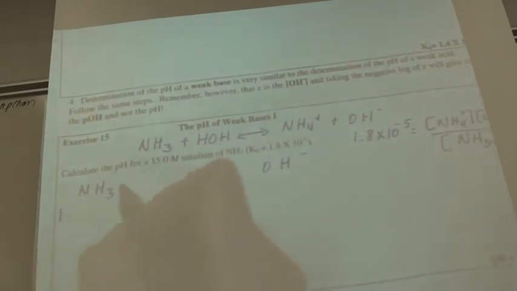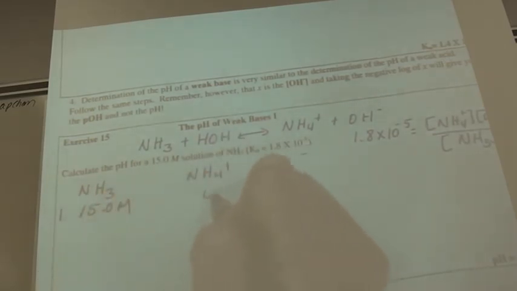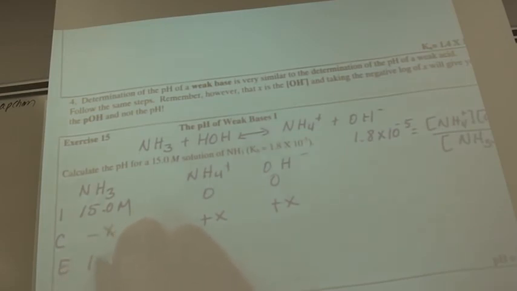Initial concentrations are 1.5 molar, 0 and 0. The change towards equilibrium is minus X, plus X, plus X. At equilibrium, 1.5 molar minus X, X, and X. 1.8 times 10 to the negative fifth is equal to X squared over 1.5. X is equal to